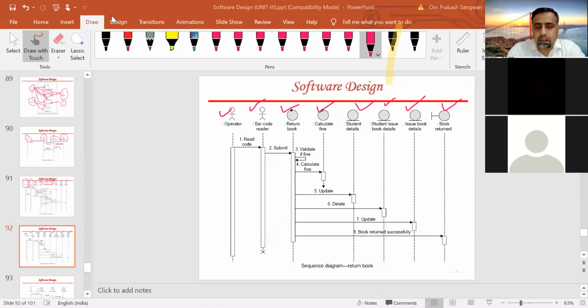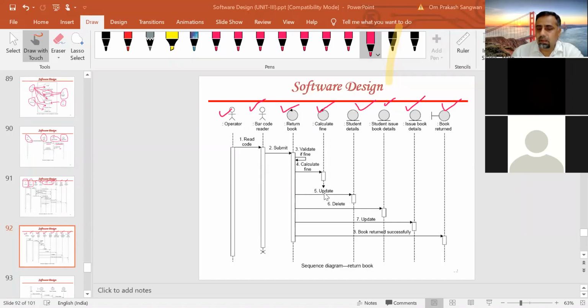First, read the code that is there on the book, then it will submit. Third, validate if the fine is there. If that is after the due date, then we have an entity object, calculate fine, that will be calculated and it will be updated.